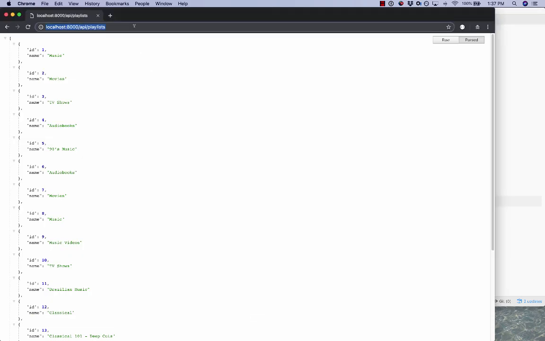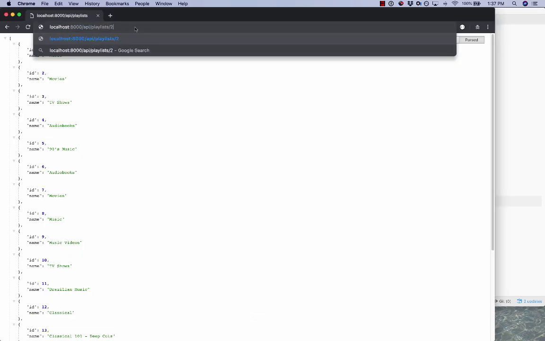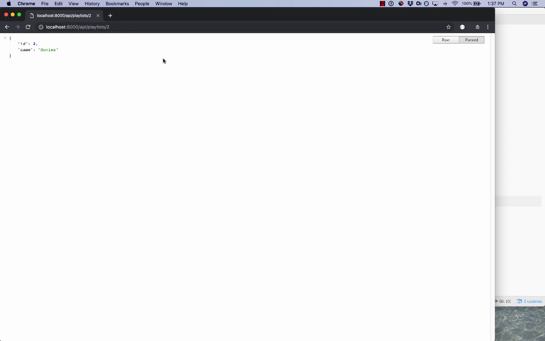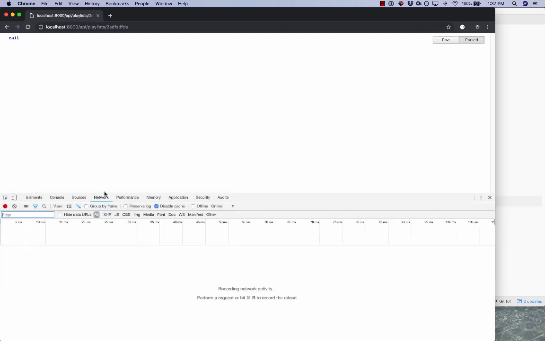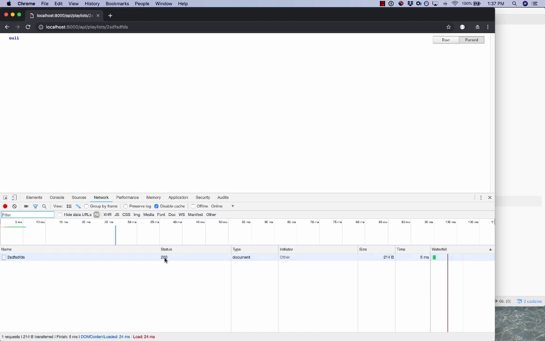So I'll go and visit playlist/2, which is movies. We can see a movie being returned. Now, what happens if we pass in something that doesn't exist? Well, it returns back null. So typically when something isn't found, a 404 status code is returned. And if we look at our console in the network panel and refresh, we can see that 200 is being returned. So to make this more conventional,